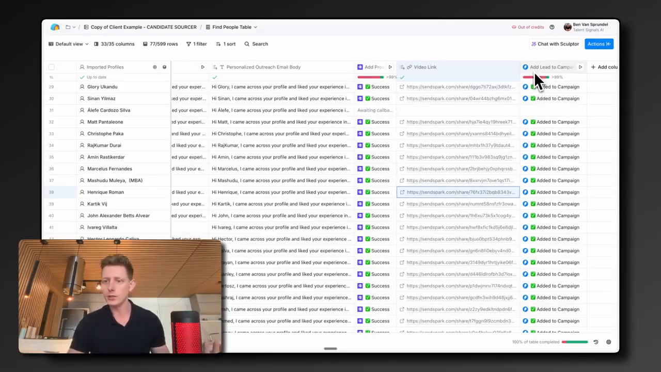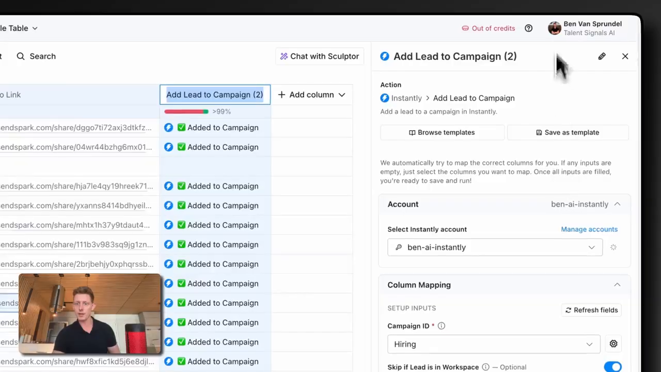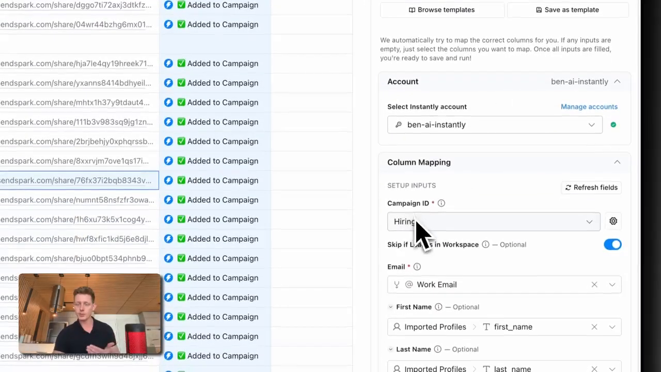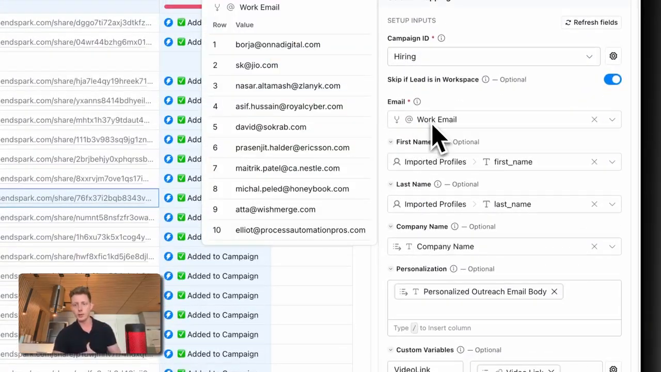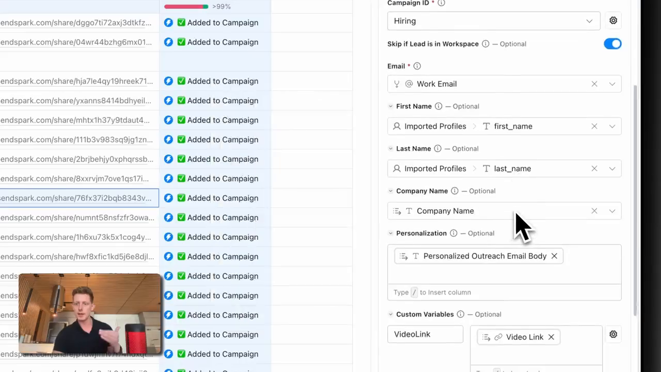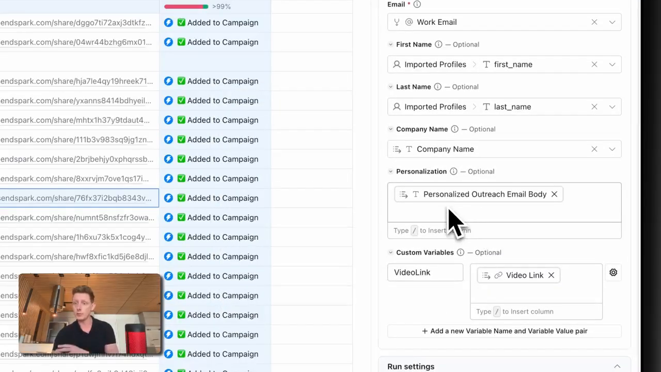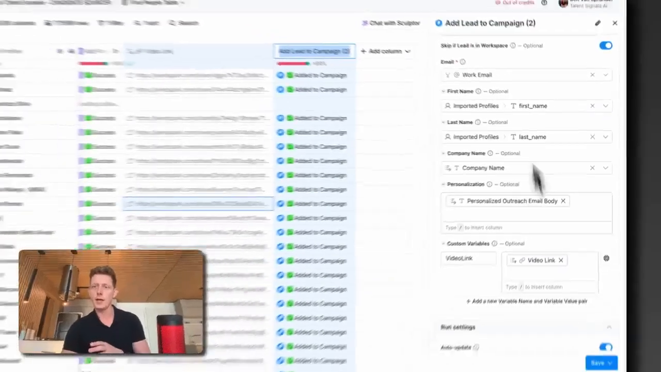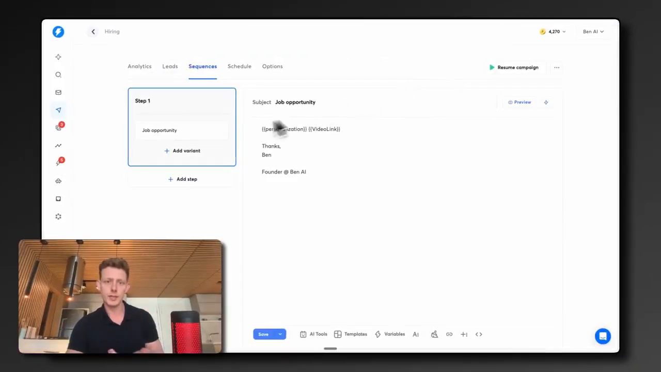Instantly is an outreach tool, right? Where you can bulk send emails. So I just push this to an Instantly campaign here. You can see I just push it to a new campaign and I pass over the work email, of course, the first name, the last name, the company name, then the personalized outreach email as a variable and the video link as a variable. And then that gets all pushed to Instantly,